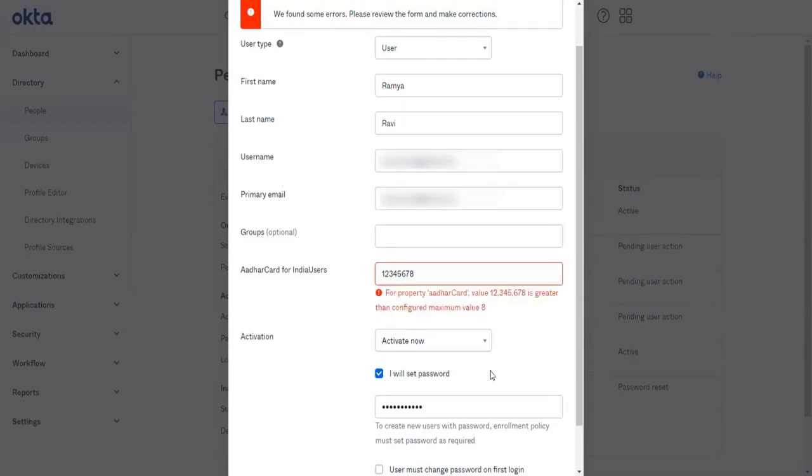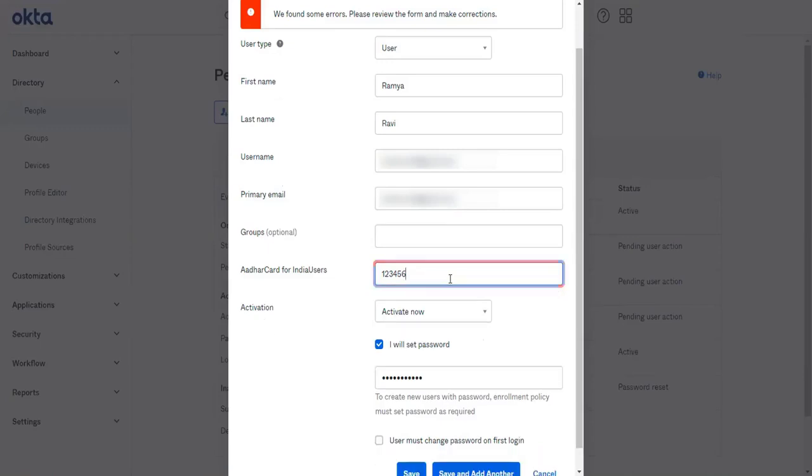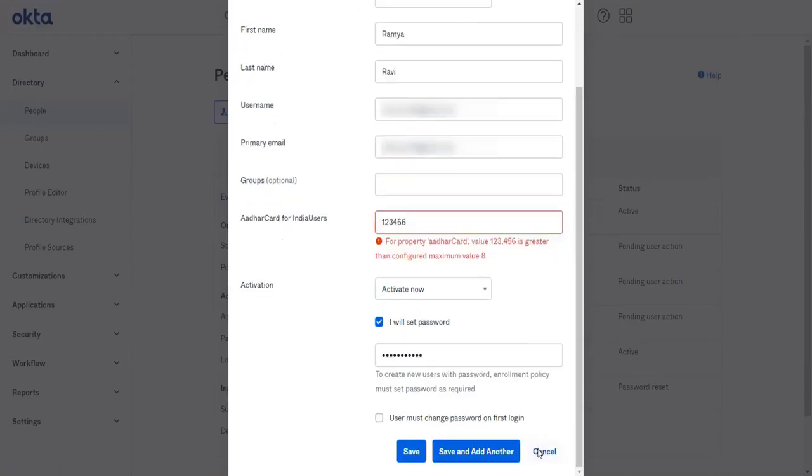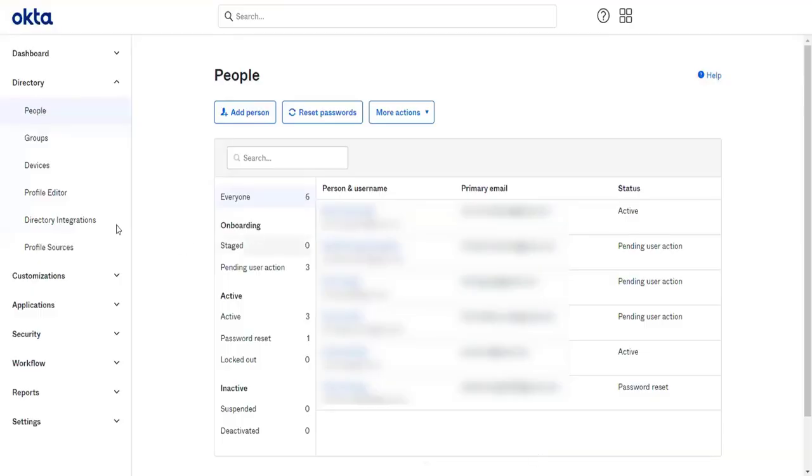It says the value is greater than the configured maximum value of 8. Oh, it should be greater. 1, 2, 3, 4, 5, 6. I know something is wrong.